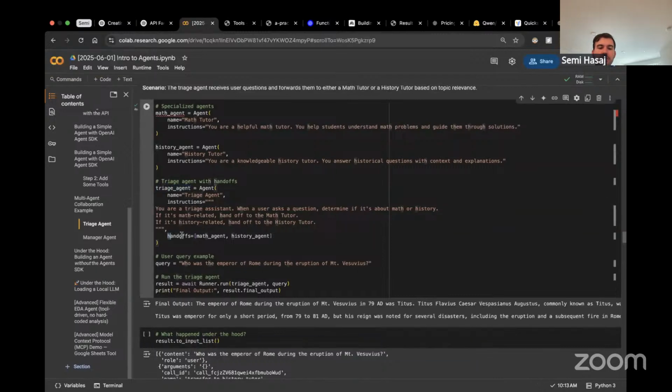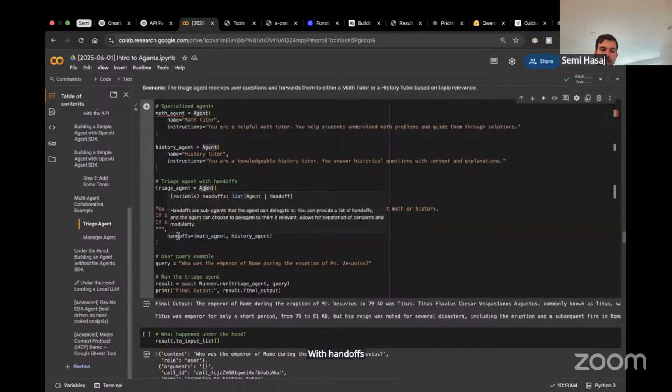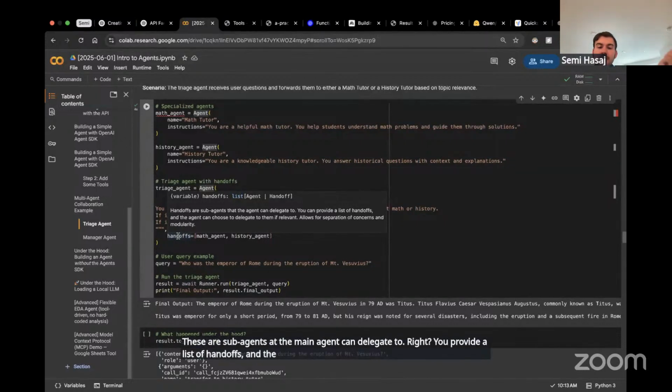OpenAI actually lets you implicitly create this agent structure by giving you the ability to instantiate the agent with handoffs, right? And even if you hover over the documentation, these are sub agents that the main agent can delegate to. You provide a list of handoffs and the agent can choose to delegate to them if relevant.